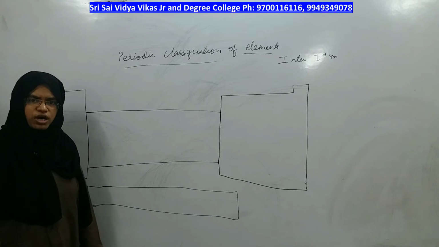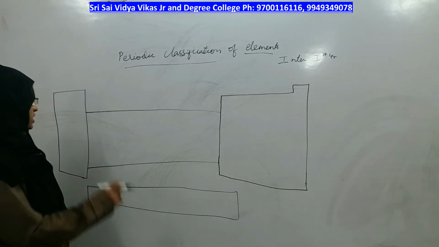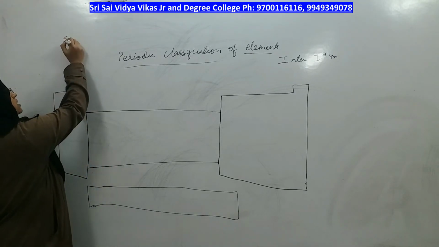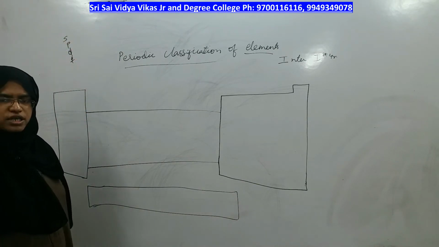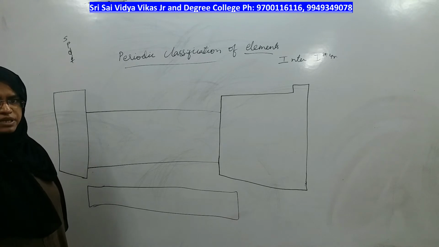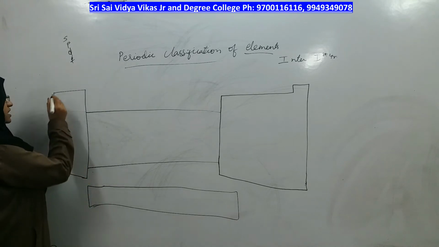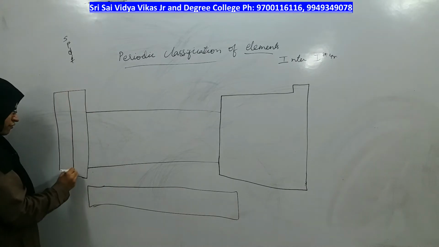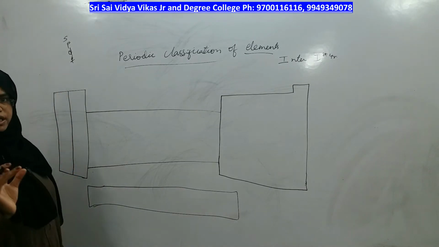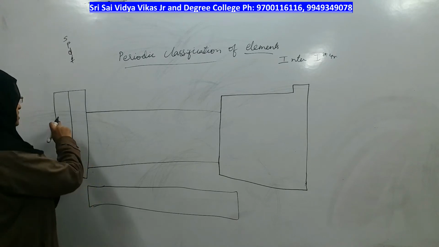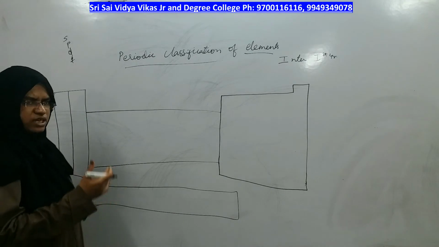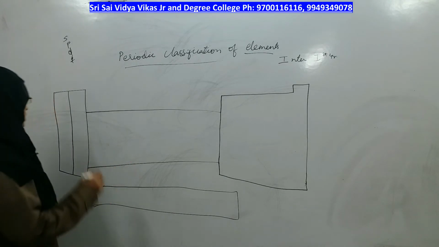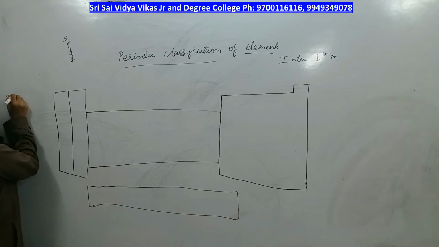There are 4 blocks in a periodic table, and they are s block, p block, d block and f block elements. In the periodic table, s block elements are present on the extreme left side and it has 2 groups. The first and second groups of the periodic table are together called s block elements. We will see one group individually and then go to the next group. So, let us look into the first block, called the s block.